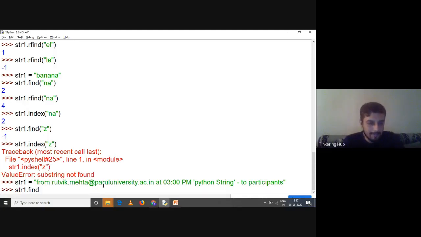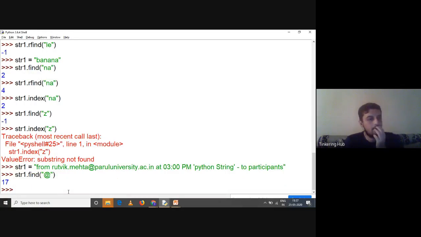Now understand this, where this paruluniversity.ac.in is present after @, this is known as the domain name, right? And always domain names are present after @, right? So this will work for any email ID. So I can say find @. Very simple in the string, right? I got that @ is present at index number 17, right?